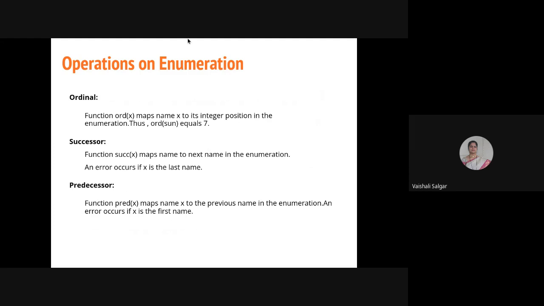Okay, and what operations can I perform on the enumeration? That is ordinal, which maps the x value which is given with the order x, and it returns the integer position in the enumeration. So for example, if I am declaring the enum base at that time,